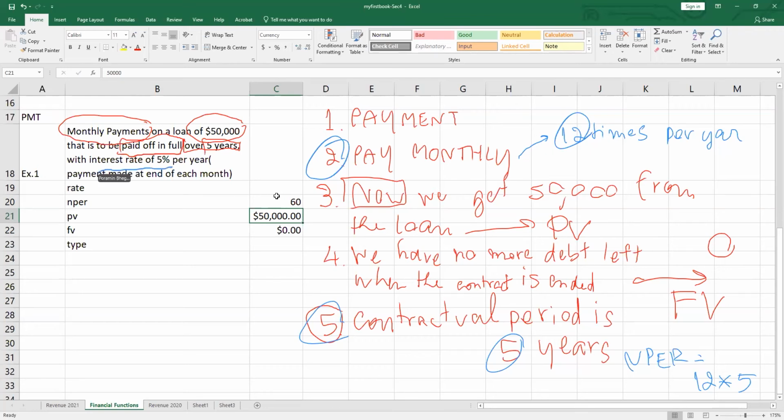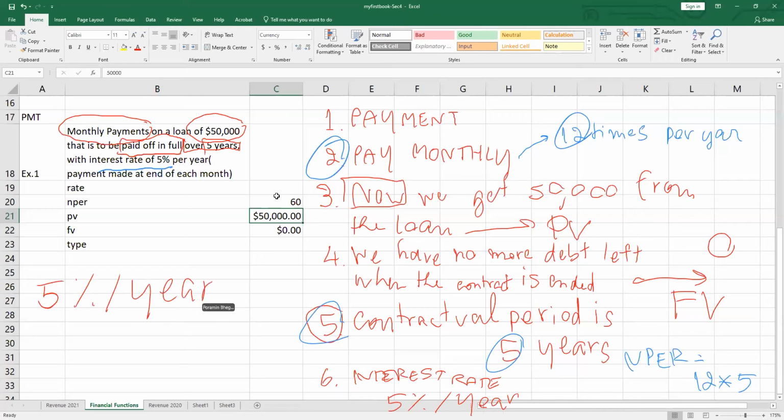It said that the interest rate is 5% per year. This is important, 5% per year here. You cannot enter 5% in the rate straight away. Don't do that, be careful. Why is that? The rate must be calculated according to the frequency that we pay. You can see that in this one we pay monthly, then the rate must be